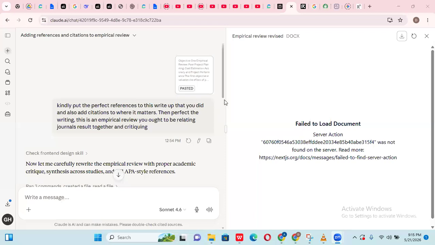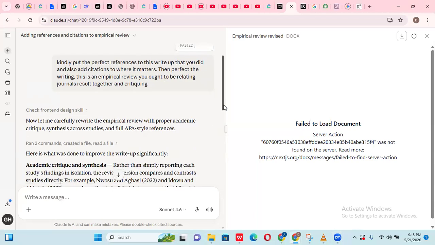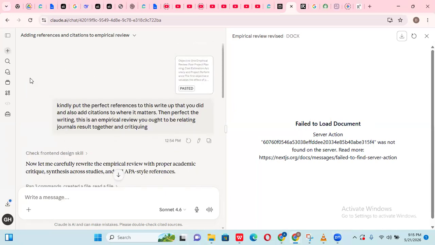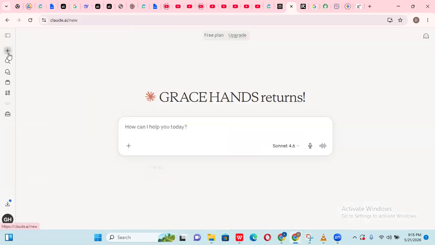Not reload. Okay, but you can see what he's saying. He said, now let me carefully write them. Okay, this is the code review that you wrote for me. I pray I'll be able to find this thing. If I can't find it, new charts. It has gone. Okay, it has gone. But anyway, you got what I'm saying.